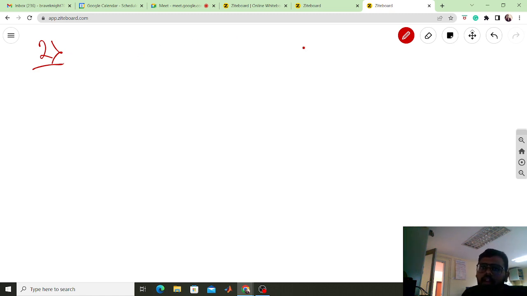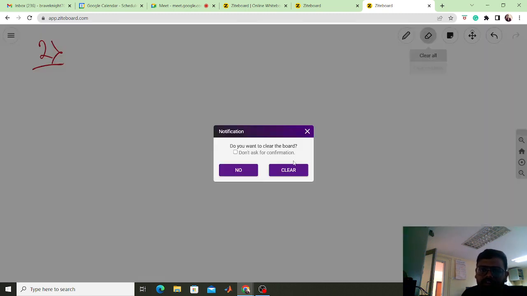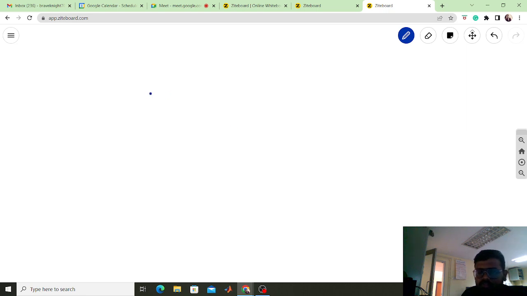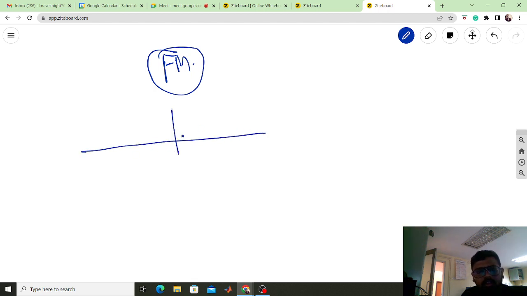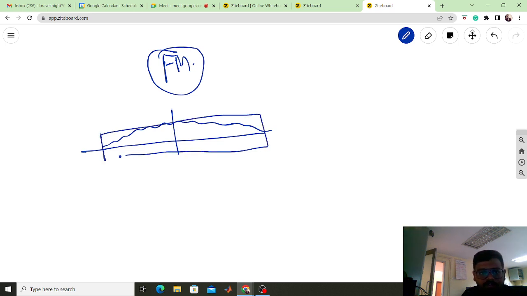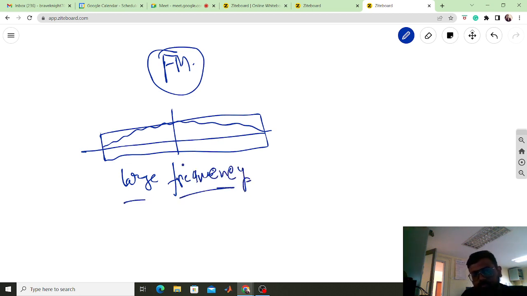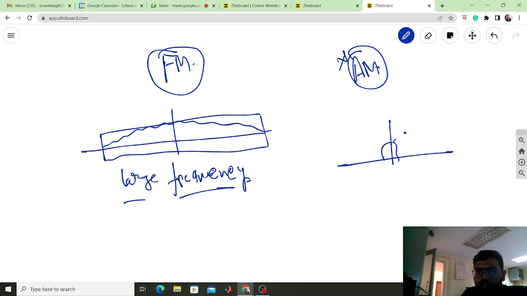But there are other concerns also that I just want to discuss a little bit more, like in this FM signal. Basically you are spreading this thing over a large frequency, which is not the case for AM. So suppose you are transmitting at a particular AM band, and this band is getting affected